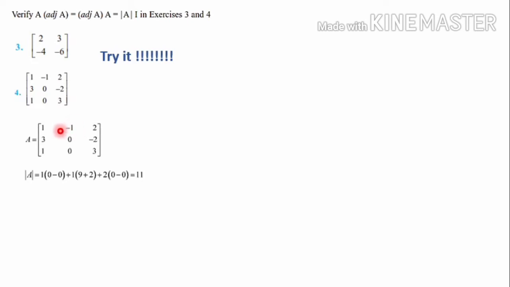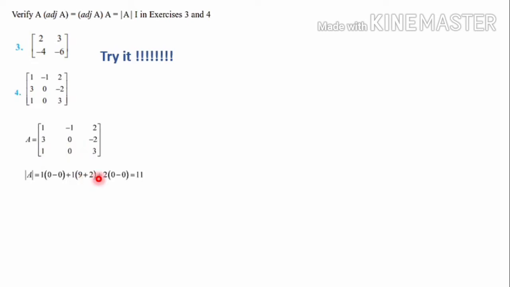So odd number means negative sign, that negative sign and this negative sign, minus into minus is plus. Then 1 into, with the row and column gone, that is 3 into 3, that is 9, 1 into 2, that is 2, two minuses are there, that is plus 2. So 3 into 3 is 9 plus 1 into 2, that is 9 plus 2.